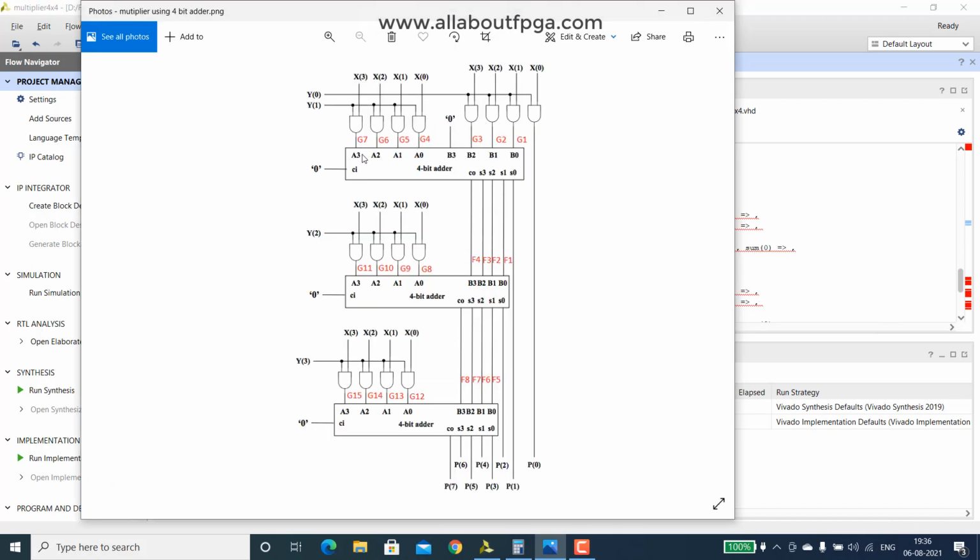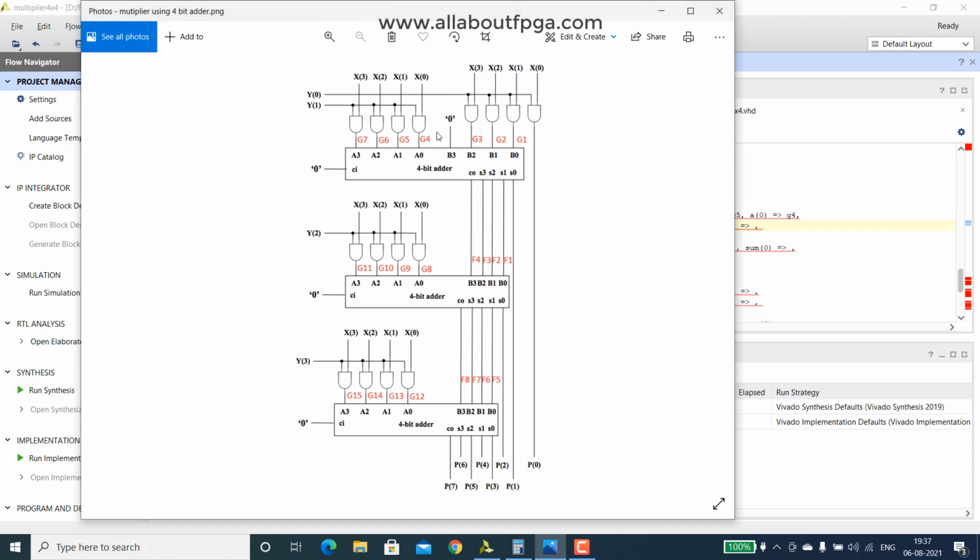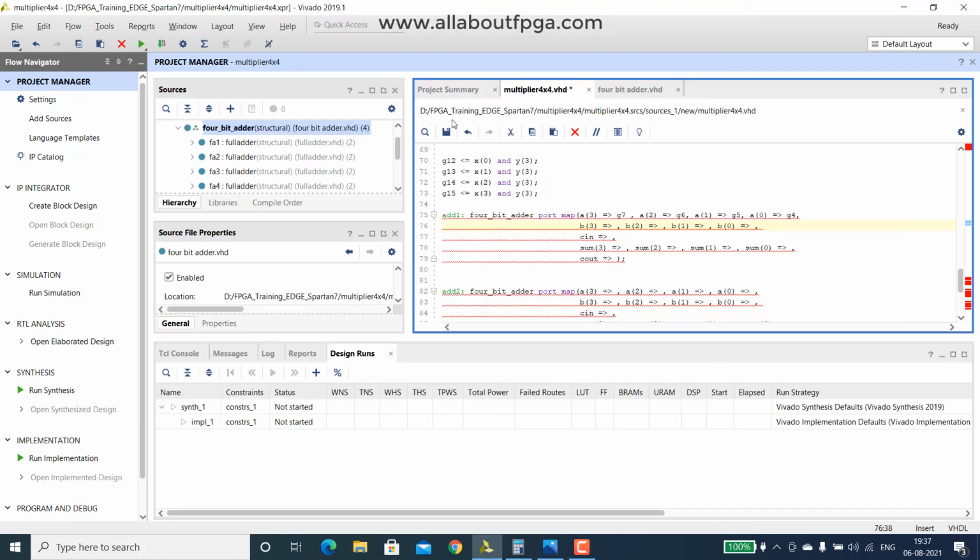So what is that A of 3? It is nothing but G7, G6, G5, G4. Can simply assign that G7, G6 and G5, G4. Similarly for B inputs, that first full adder B input is, here it was assigned as 0 initially.